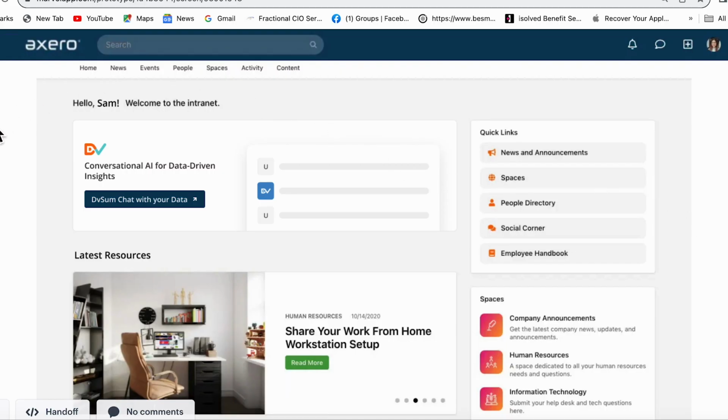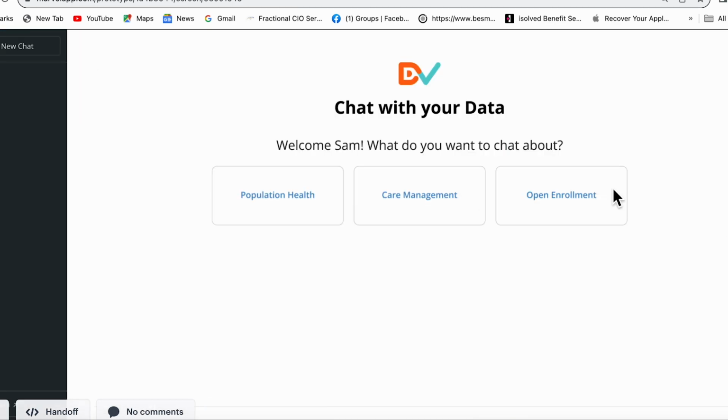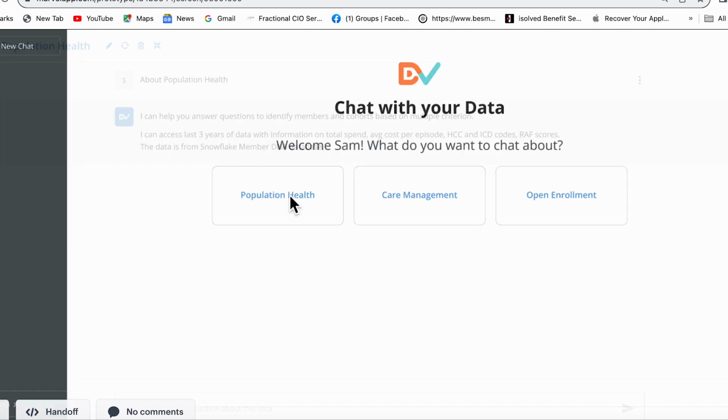As you can see, within the corporate intranet, the user can get access to the solution through a browser interface. It's very ubiquitous across the organization and the access to the DvSum solution. And here we welcome the user and we want to ask the context within which they want to chat with their data. So we choose population health,